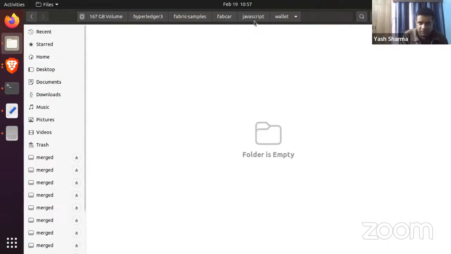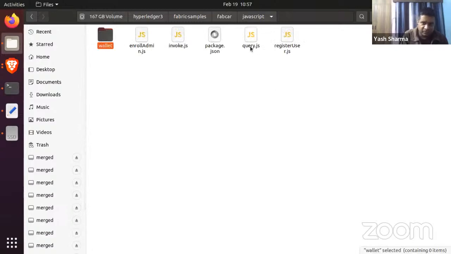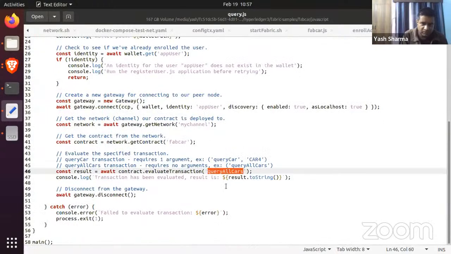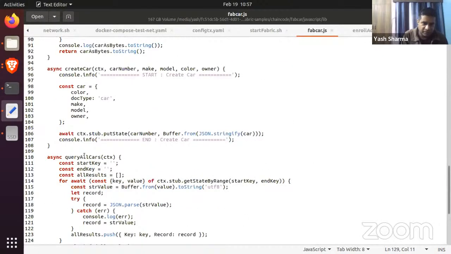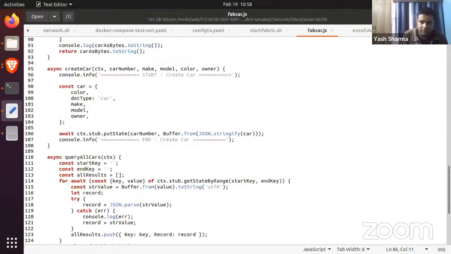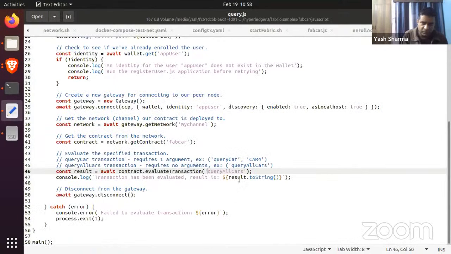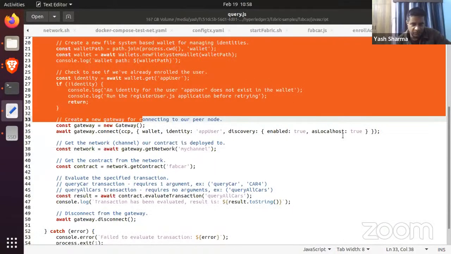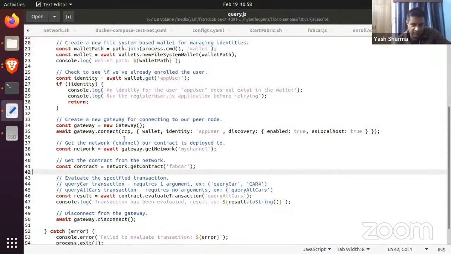The important parts, or the ones that are of interest to us, are query.js, where we will be calling different chaincode functions that we just saw. So in fabcar.js, we saw functions like query car, create car, query single car, and query all cars. We will be calling them in our query.js. And all of this is boilerplate code again. You'll reuse it for any kind of query. What it does is